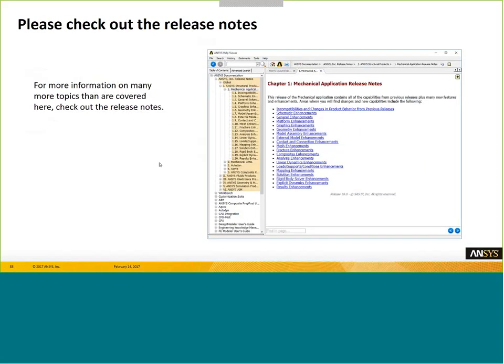And as always, the release notes that we ship with every version of our software, both as part of the installation and on the support.ansys.com, will contain a lot more detail than we're probably covering